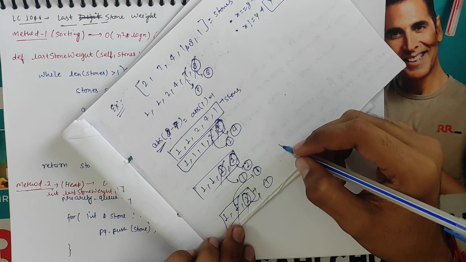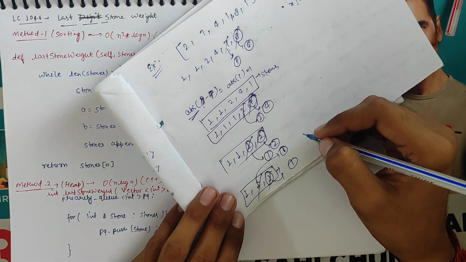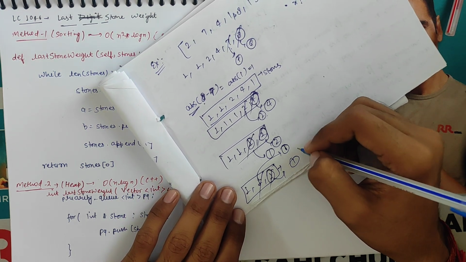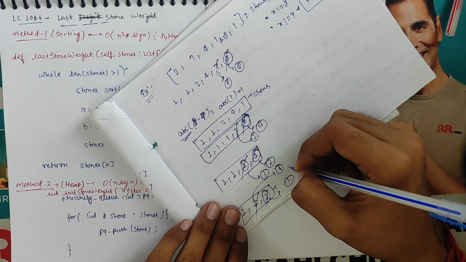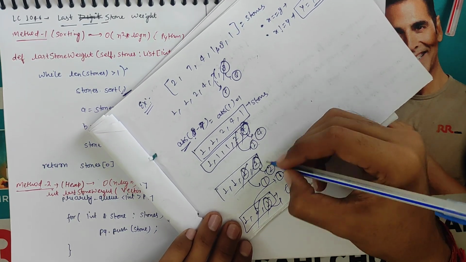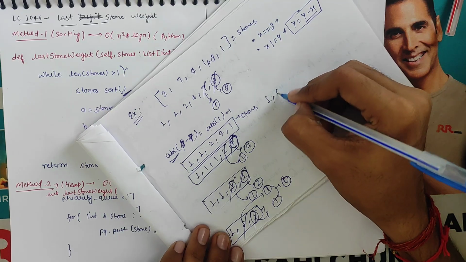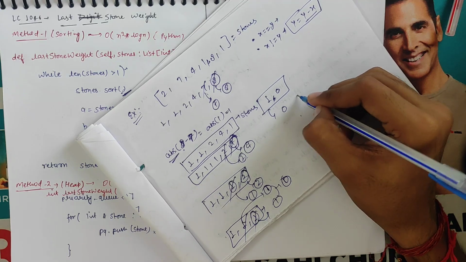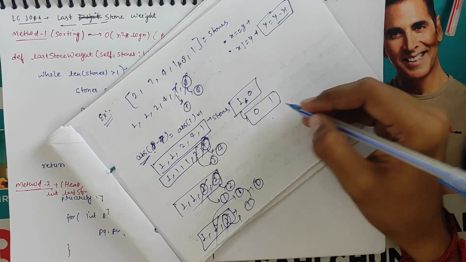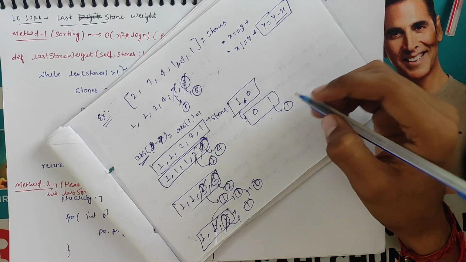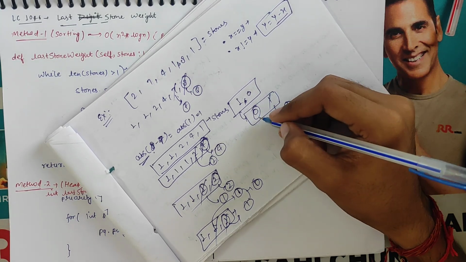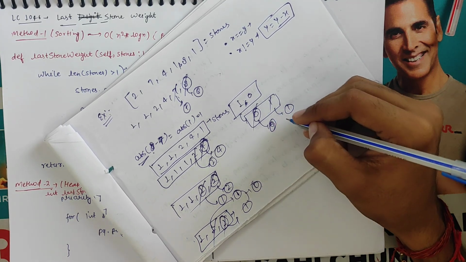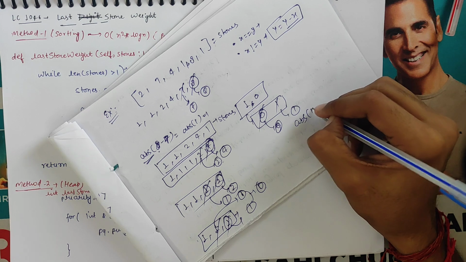Now the weights of these two elements are equal, so 1 minus 1 will be 0. We push that element into the array, so it is 1 and 0 now. Again we sort this, so after sorting it will be 0 and 1. We pick the highest element, then we pop that element out. Again we pick the second highest element, then we pop that element out. So it is 1 and 0, and we store the absolute value of 1 minus 0, which is 1.